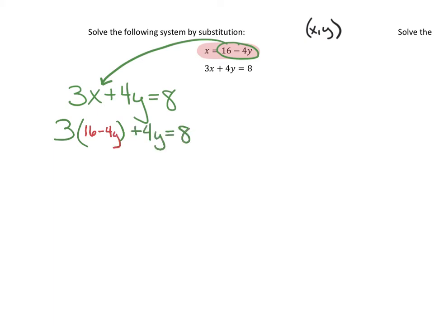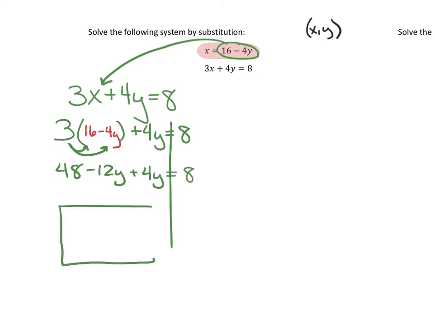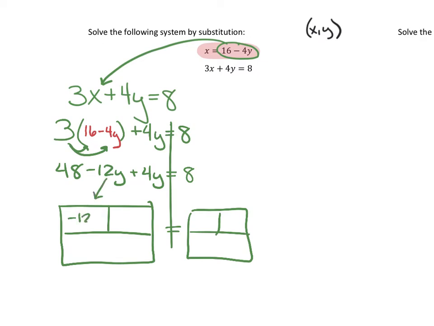Do you notice that now your equation only has one type of letter in it? It only has y's. If that's the case, then we can solve like normal. We're going to distribute and then set up some boxes so that we can solve using the box method. If you like inverse operations better than the box method, then you can ignore my box method. But we're going to solve using the box method on the notes here. We set up our boxes. There are 2 terms with y's and 2 terms without. So we start organizing our information,